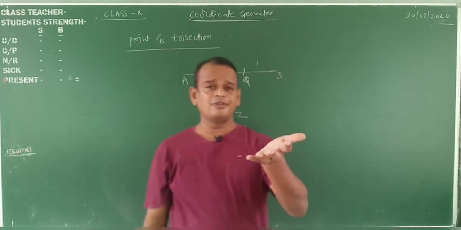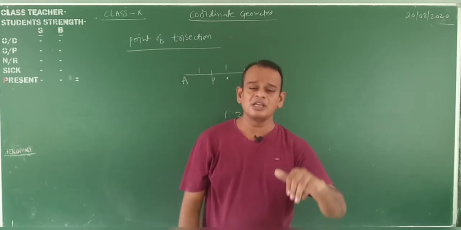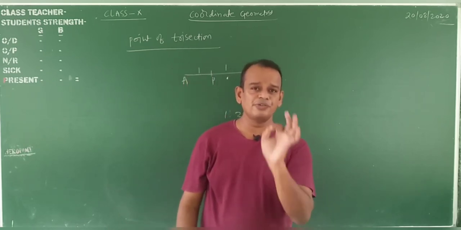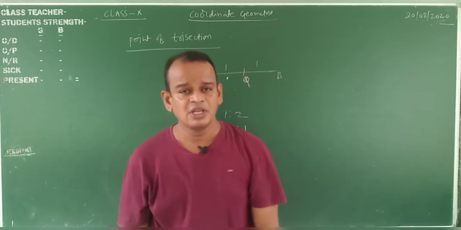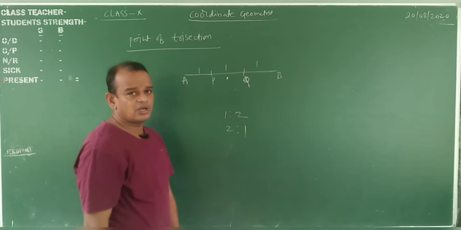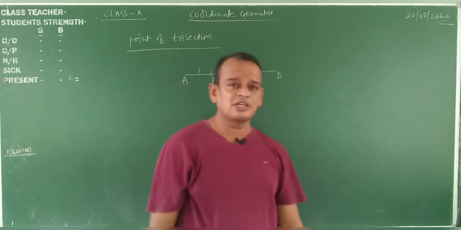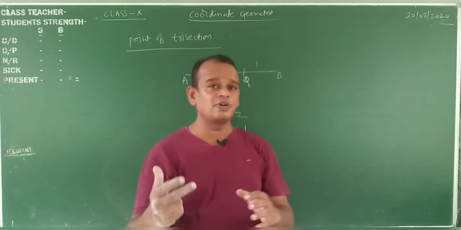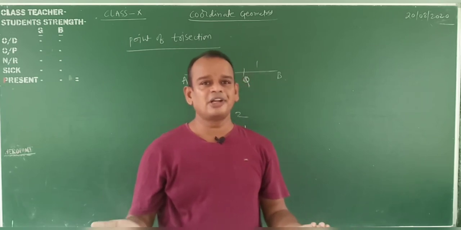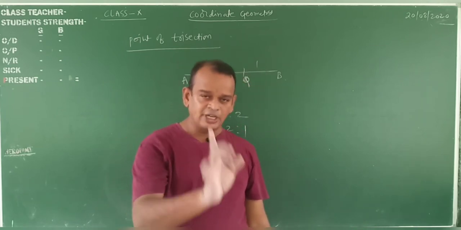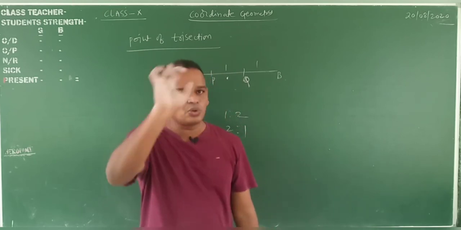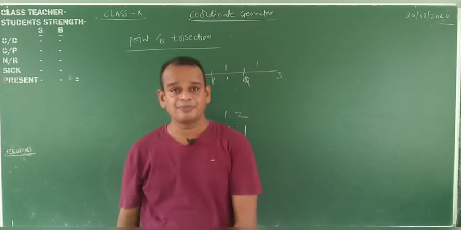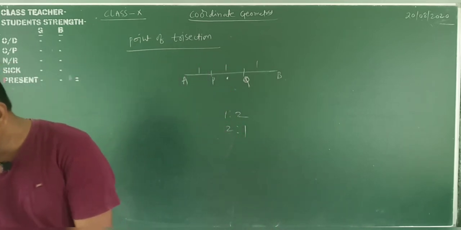Whenever in the examination it asks to find the point of trisection, the ratio is not given. The ratio must and should be either 1:2 or 2:1. If the point P divides the line segment AB in the ratio either 1:2 or 2:1, then the points are said to be points of trisection. Suppose the point P divides in the ratio 1:3, that is not a point of trisection. Okay. Now we are going to the one problem.